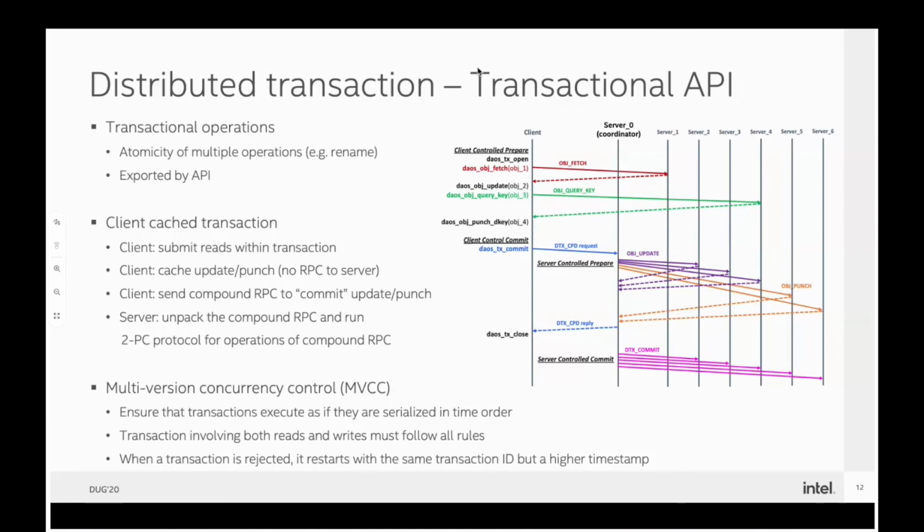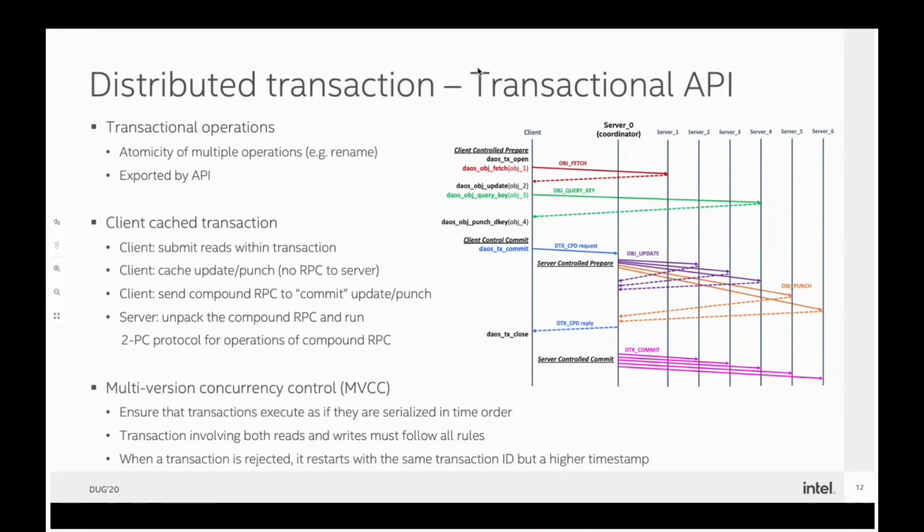Because the DAOS client is a library, and DAOS does not monitor the aliveness status of the client, if the client is silently dead, then it will leave a dangling transaction forever. To resolve this issue, DAOS actually caches all updates within the transaction on the client, and packs them in a compound RPC and sends it out only on API commit.